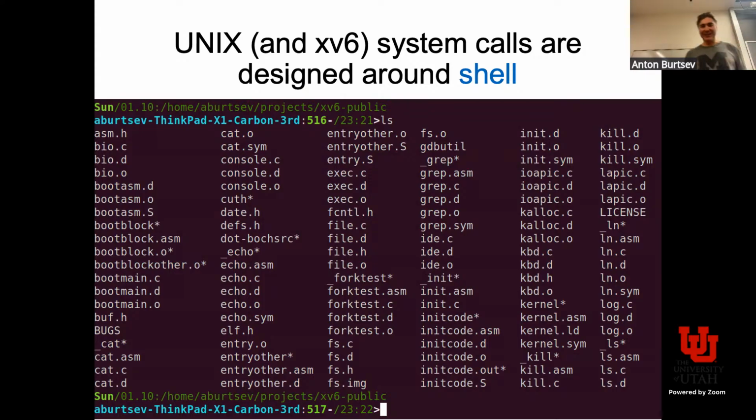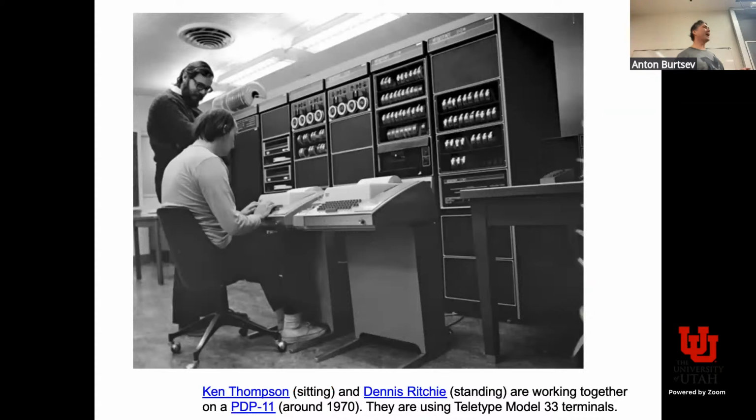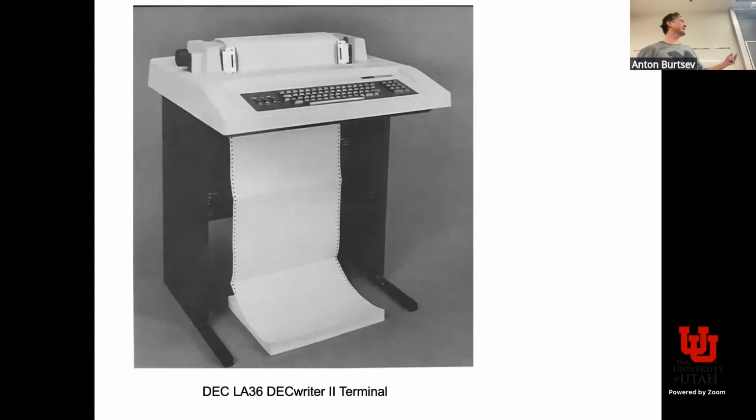Teletypes, exactly, because this is exactly the hardware they had, right? So this is their environment. This is two guys, Ken Thompson sitting and Ritchie standing, working together on the PDP-11, images from Wikipedia, 50, 55 years ago. And their hardware, if you pay close attention, doesn't even have a screen. They have a computer that runs programs, they have a kernel operating system, but there is no screen, right? The way they interact with the system, they type some commands, and this thing prints them back. Well, that's the reality of life.